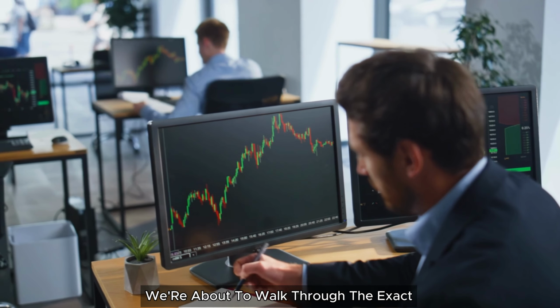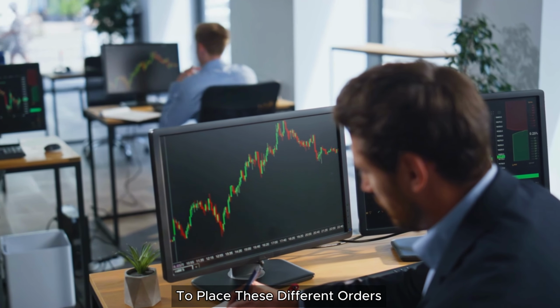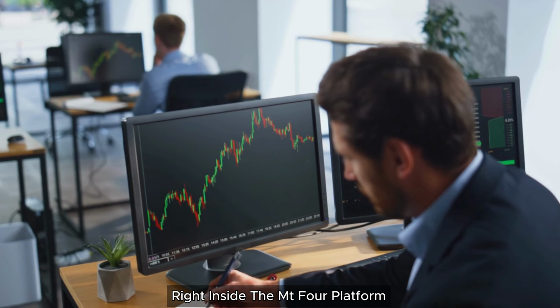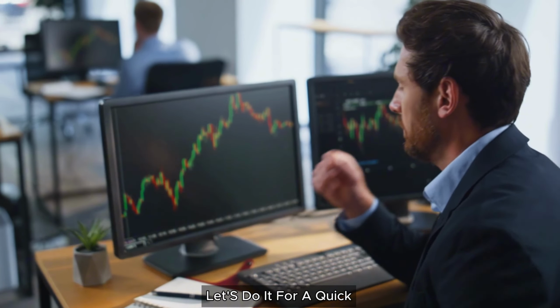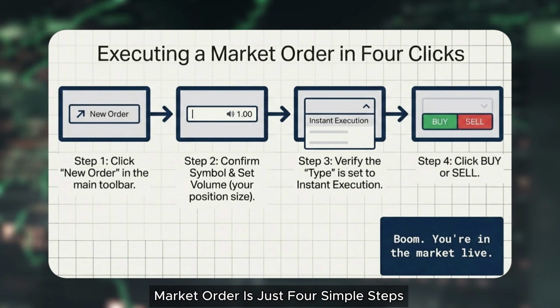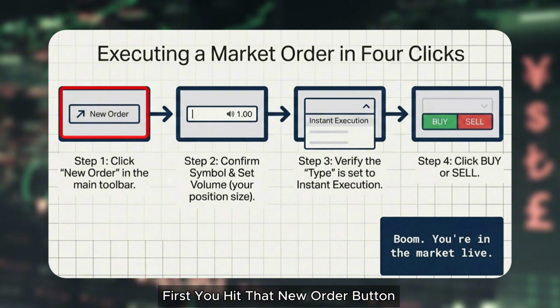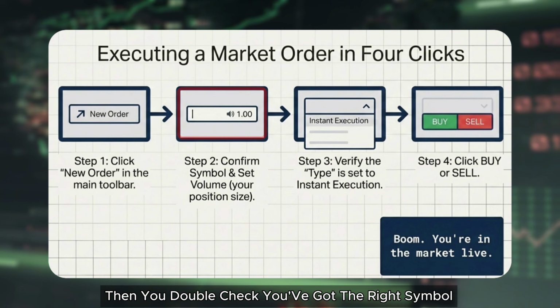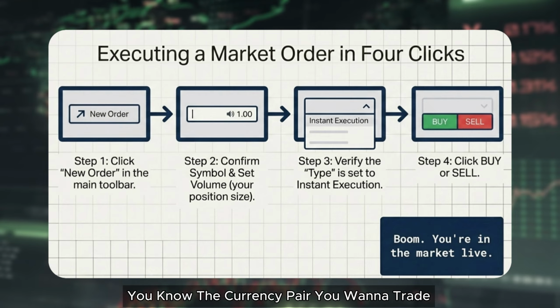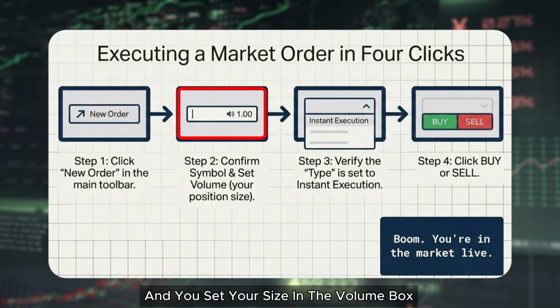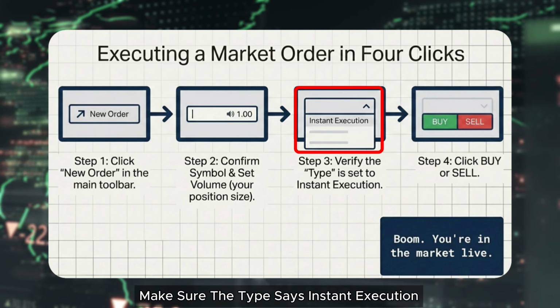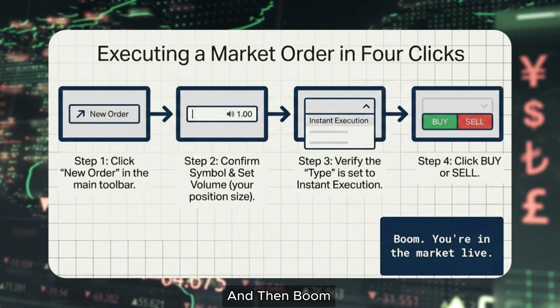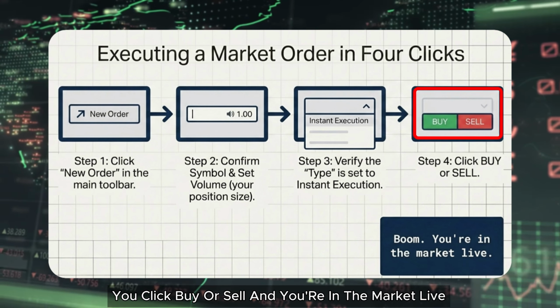We're about to walk through the exact clicks you need to make to place these different orders right inside the MT4 platform. Let's do it. For a quick market order, it's just 4 simple steps. First, you hit that new order button. Then, you double check you've got the right symbol, you know, the currency pair you want to trade, and you set your size in the volume box. Make sure the type says instant execution, and then, boom, you click buy or sell, and you're in the market